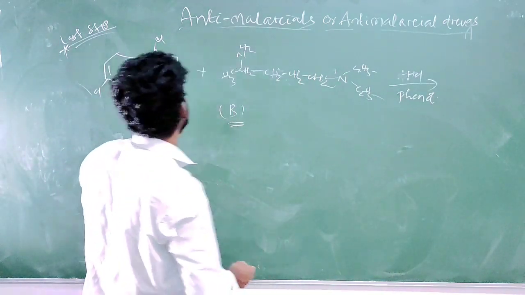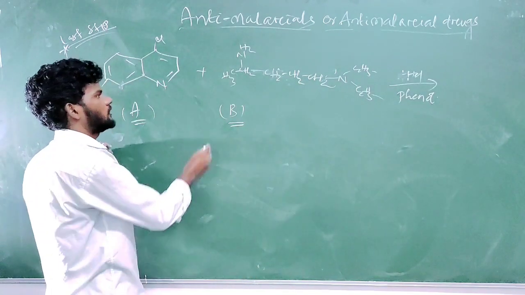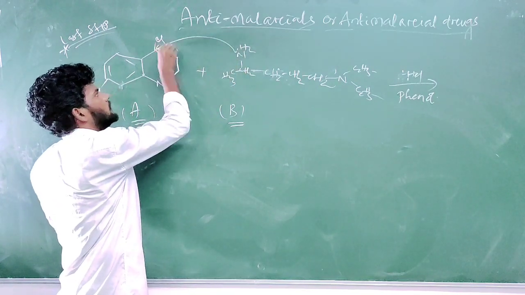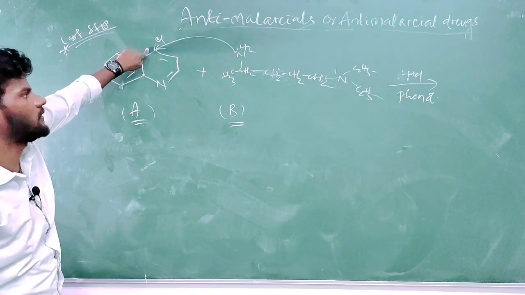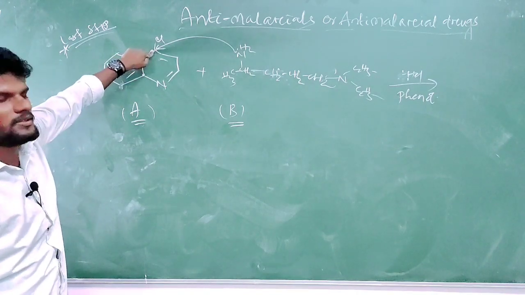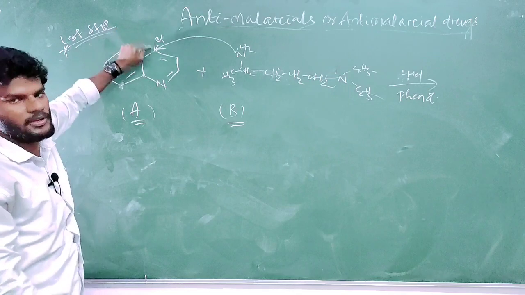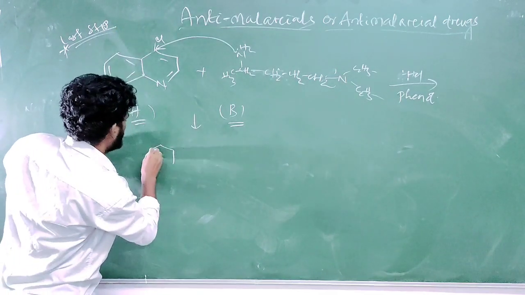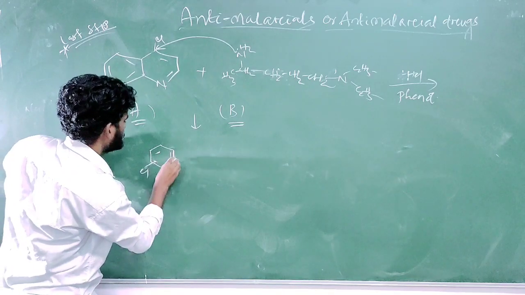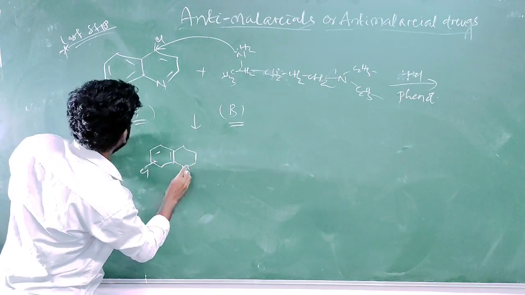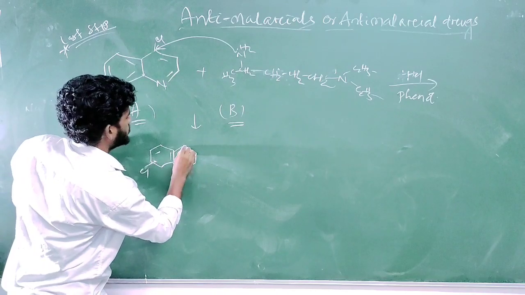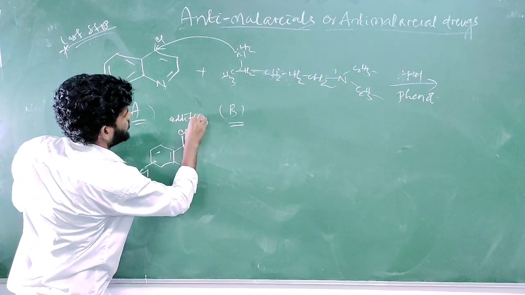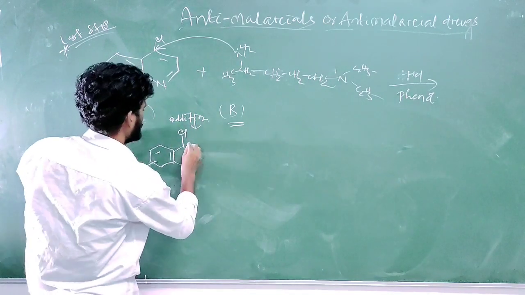This is an addition-elimination reaction. So, all of you see, what is the nucleophile here? NH2 is the nucleophile, with the lone pair of nitrogen. It will attack this carbon center. In the first step, the chlorine does not release as a leaving group. The reaction pathway goes like this. This step is known as what? Addition. Just addition takes place.